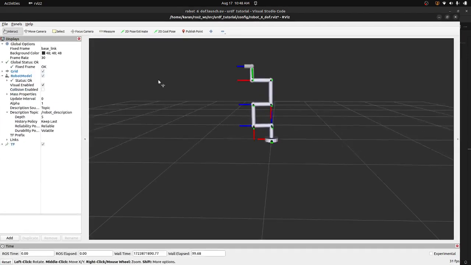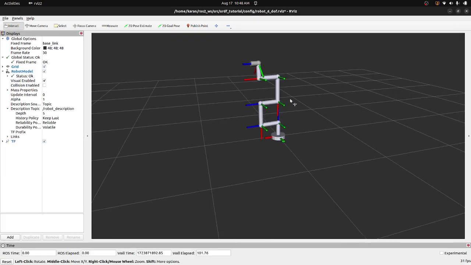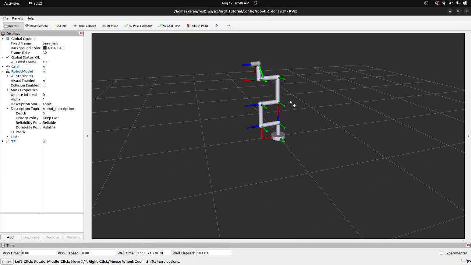So in the next video I am going to explain the whole URDF file, and I will also give you